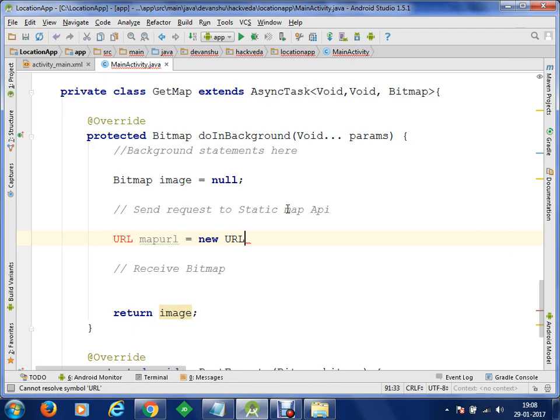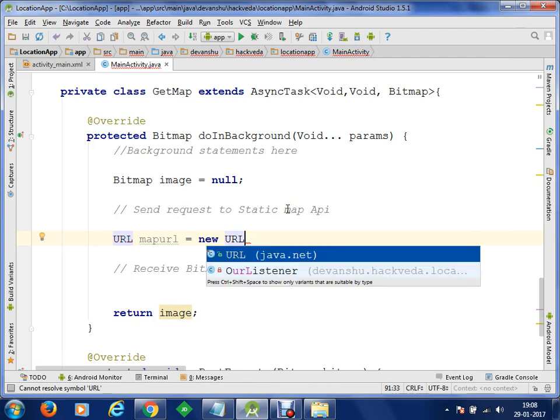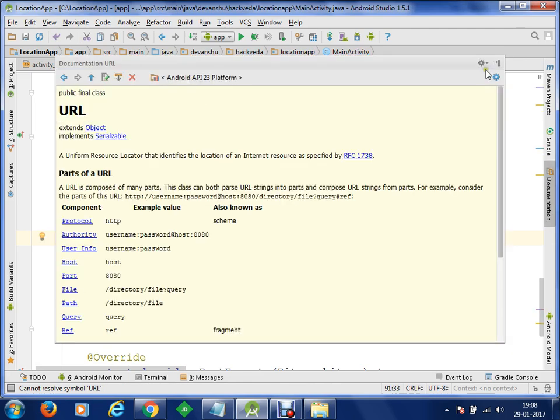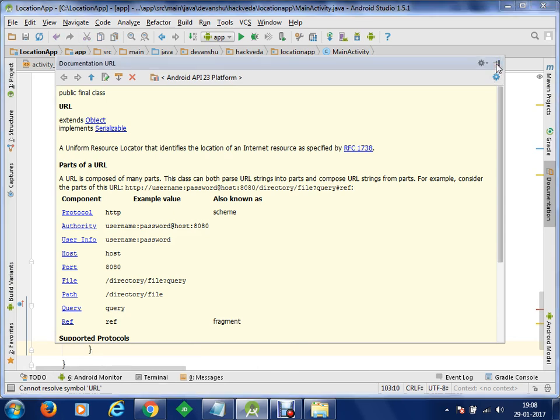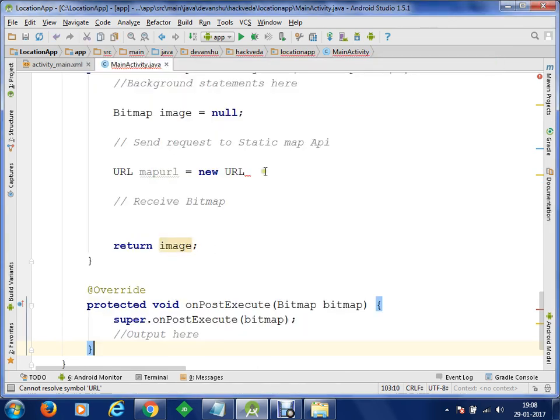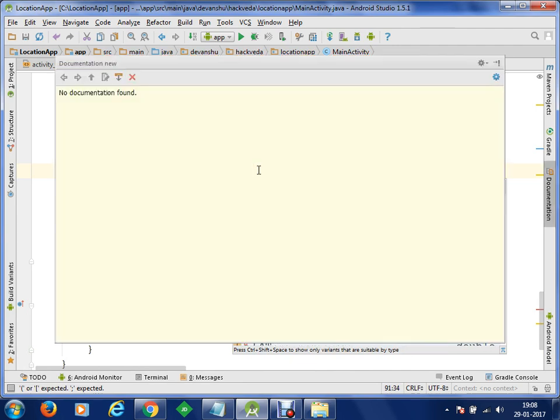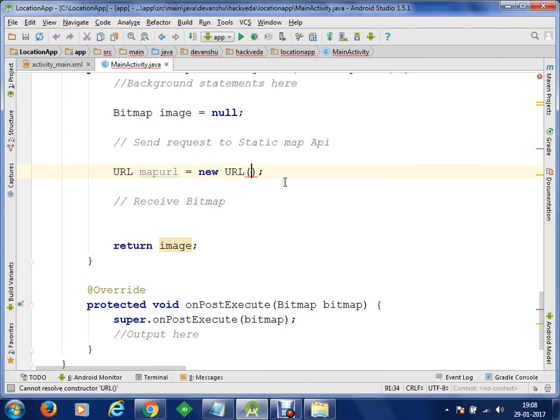And within this URL, we are going to provide a string value using which you can connect to the server.